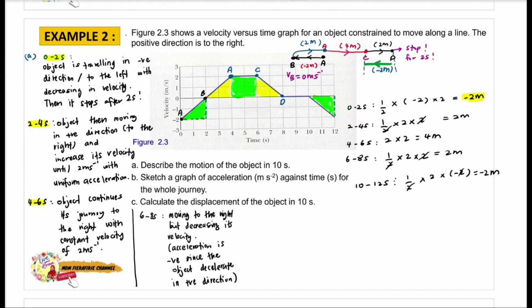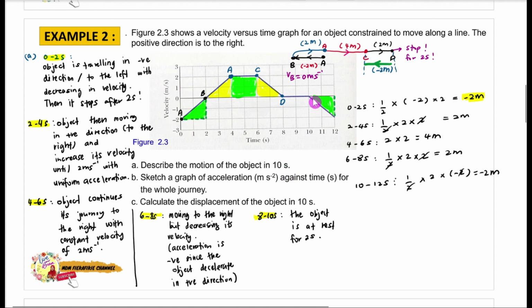Alright, and then the object from 8 to 9 second. Sorry, 8 to 10 second. Okay, 8 to 10 second, the object is at rest. So the object is at rest for 2 second. Dia tidak bergerak. Okay, jadi soalan ni dia tanya daripada 0 to 10 second, but how if dia tanya sampai